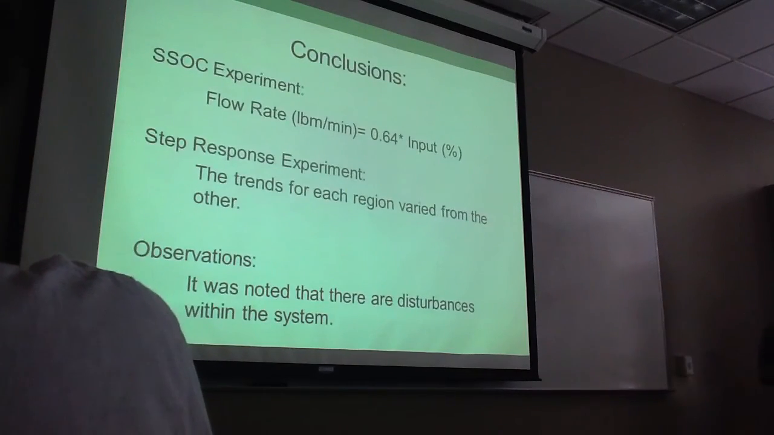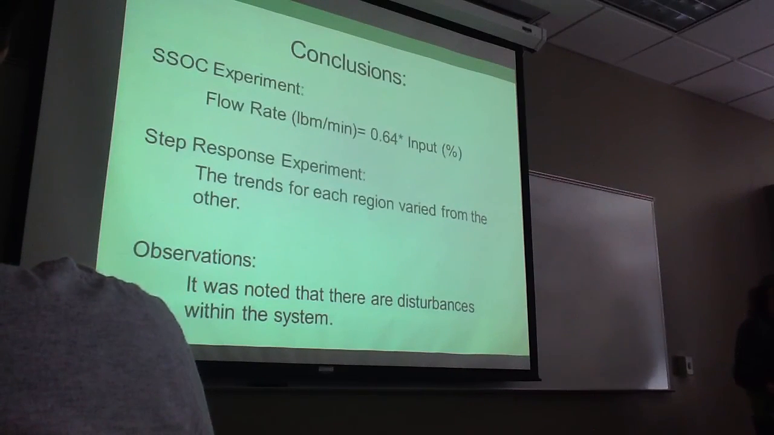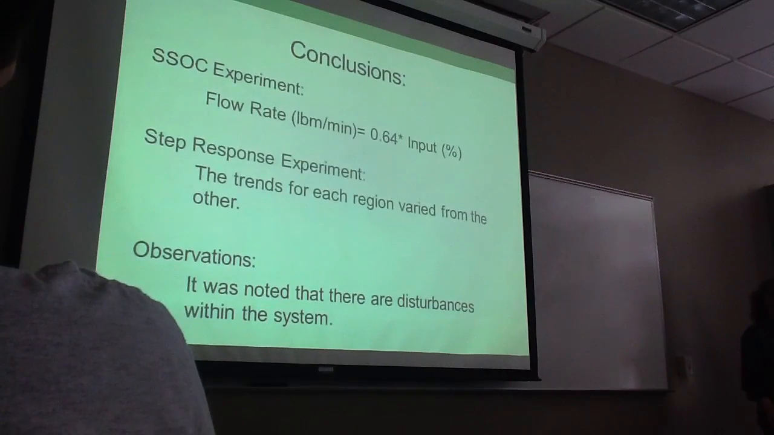So in conclusion, for our steady state operating curve, we generated a trend line, and the flow rate in pounds per minute can be calculated by 0.64 times the input percent. During our step response experiment,